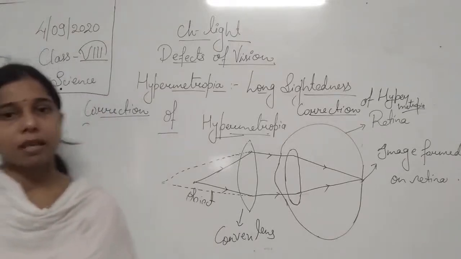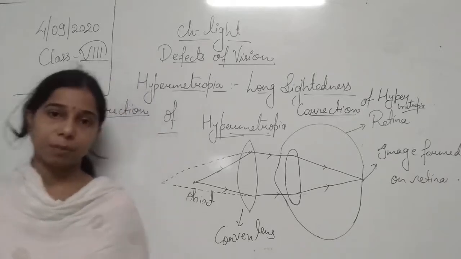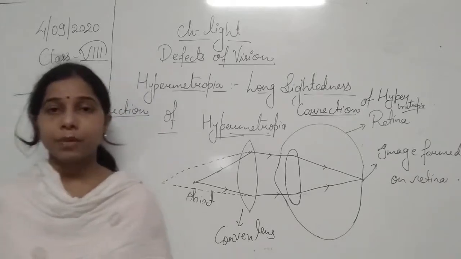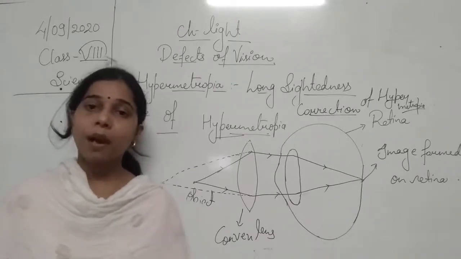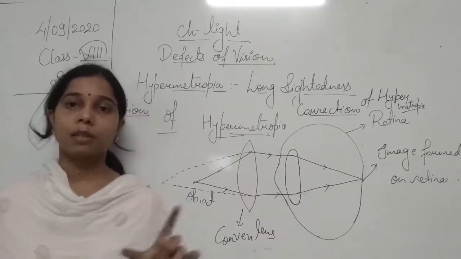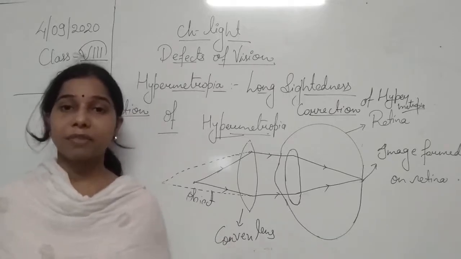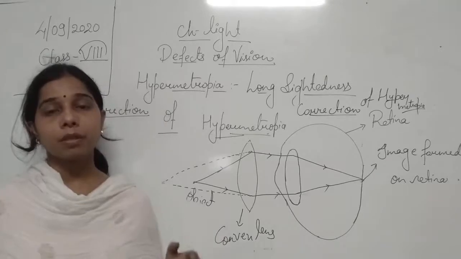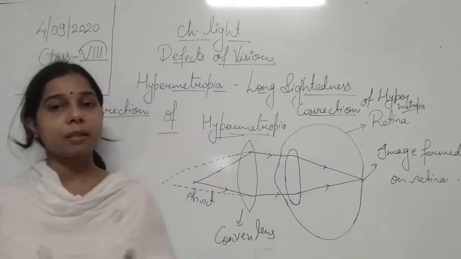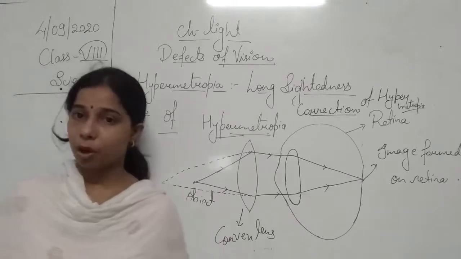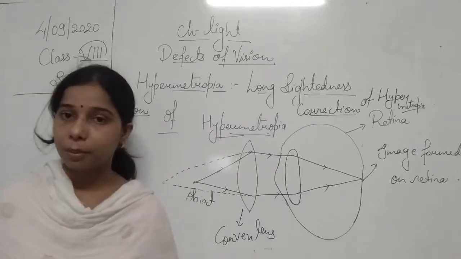Sometimes the question is asked on the basis of the difference between myopia and hypermetropia. Remember that. What you have to understand, what is myopia? Myopia and hypermetropia both are defects which we call defects of vision. In one defect the person is not able to see the far by object, and in one case the person is not able to see the nearby object.